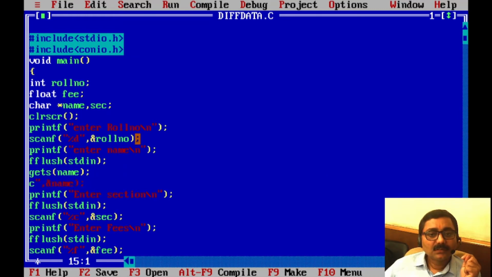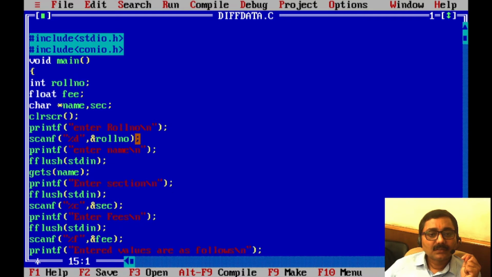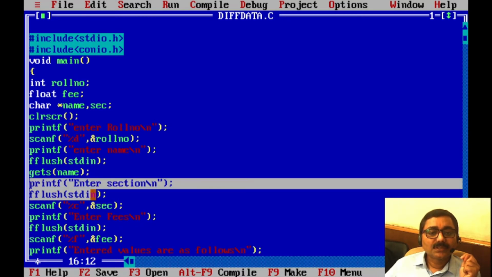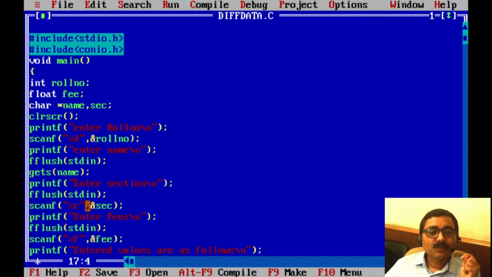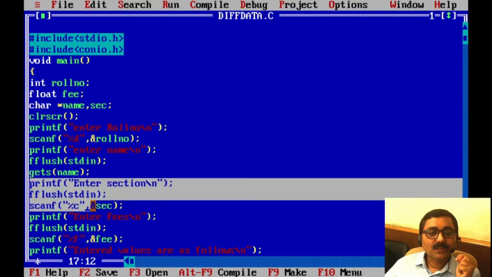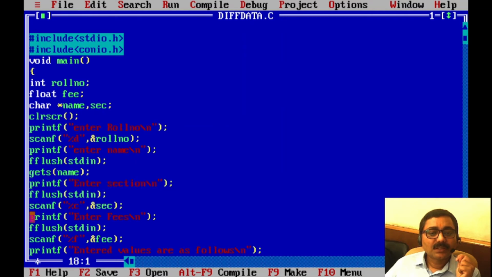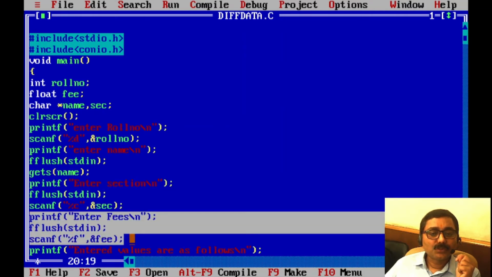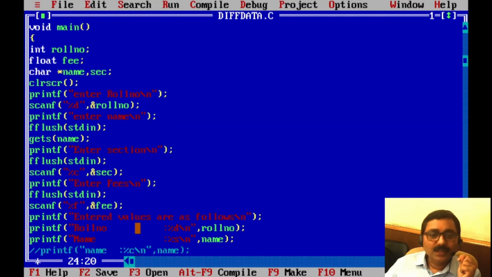Then we'll have another input, that is section. Here it is again of type character. Before reading a character we need fflush. Most of the time that creates a problem of bad read. So scanf %c section. This particular set of lines will read section, and this line will read fees from the user, and beyond that we'll have